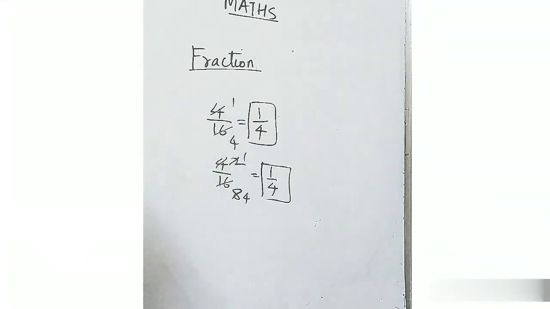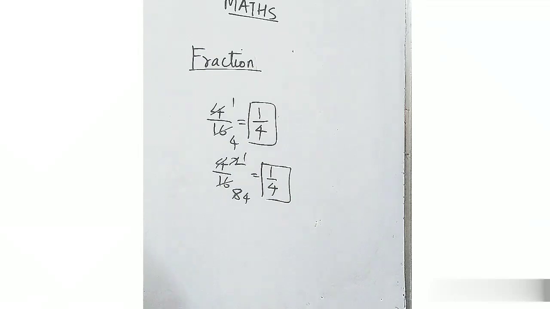You can take a table, it can be the 2 table, but only one condition, that both the numbers should come in that table. Then only you can cancel the term or simplify it. This is all about simplifying the fraction. Okay, so this is simplifying the fraction.